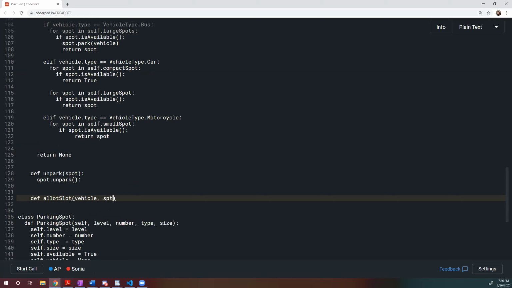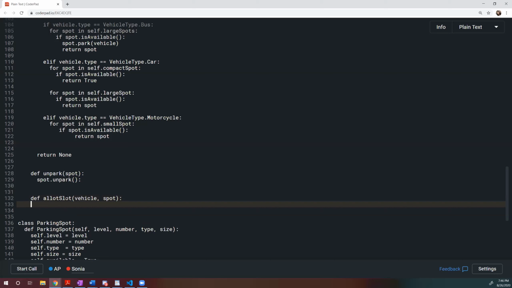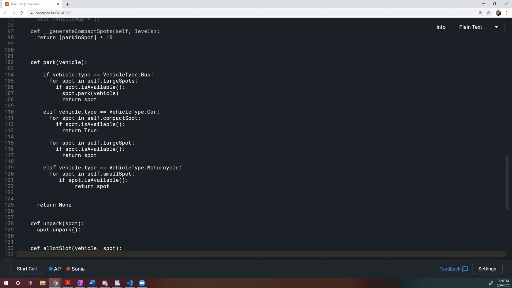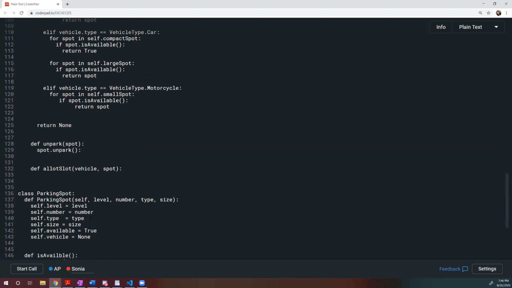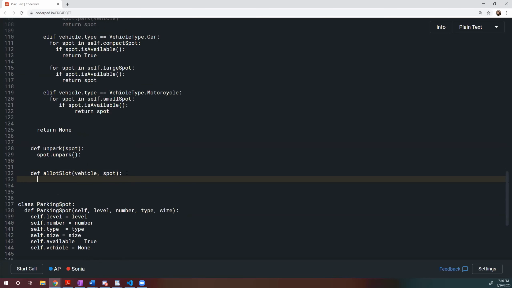So this would be containing two things, vehicle and spot. And no, why will it be contained? What are you trying to solve here? I am mapping it. I just want to do a map, like this would be vehicle dot license to a spot, right? Yes, to have that spot. So if we want to empty that also, then we just need to